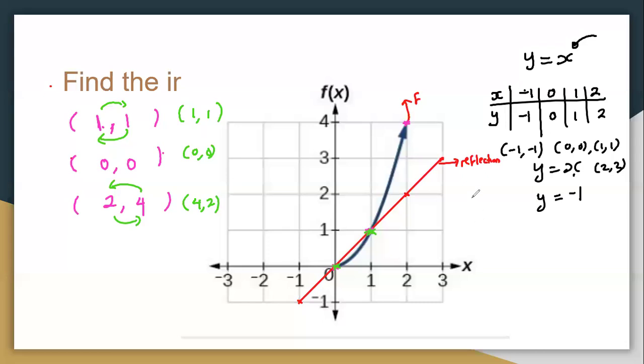My 4 is not fitting, but I know my 2 is going to be here. Let me not use this color. Allow me to extrapolate it a bit and then have something here like this. So you can notice that when I extend my graph, 4 is somewhere here and